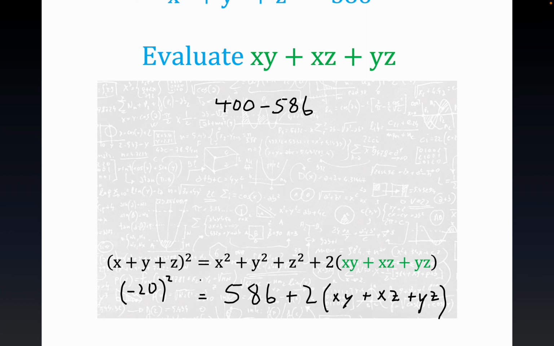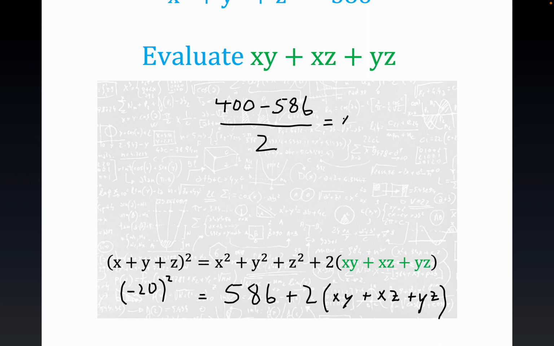And again, you know, all I did was just subtract the 586 from this side. Then we have to divide it by 2, right? 2 is the coefficient of what we're looking for. So divided by 2 is going to equal to